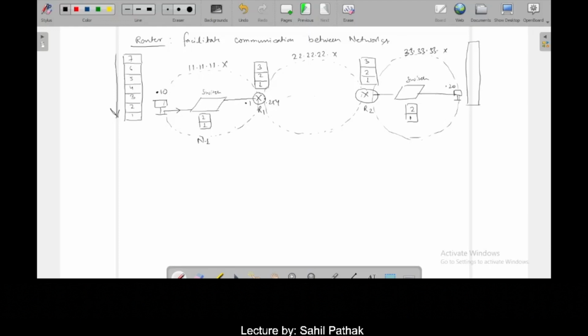If a router receives a packet destined to a network it doesn't know, then that packet is discarded. While in case of a switch, if a frame is destined to a MAC address which the MAC address table of the switch doesn't know, then the switch is going to duplicate and flood that frame out to